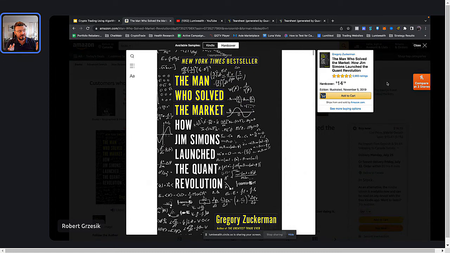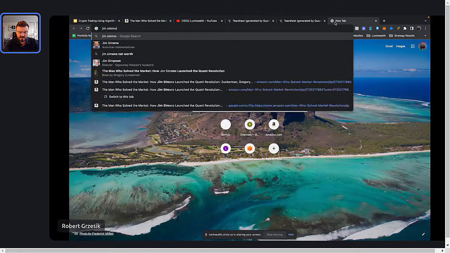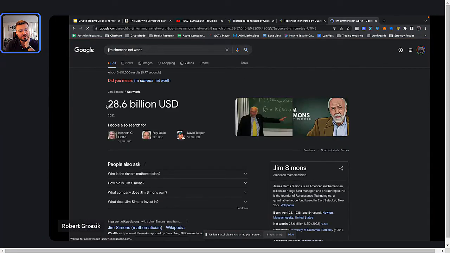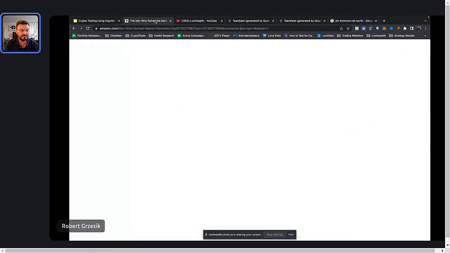And what's interesting too is that it's uncorrelated with the stock market. So it doesn't really matter what's happening. It's an extremely great hedge fund that they created and made them very, very rich. Jim Simmons is one of the richest people on earth. I think he's worth like $20-30 billion. I can actually check this out. Jim Simmons net worth. He's a very private person, so I wouldn't be surprised if it's more than what's reported. $30 billion. Not bad for a life's work. My guess is he probably has more money than that hidden away somewhere in Bitcoin or something.